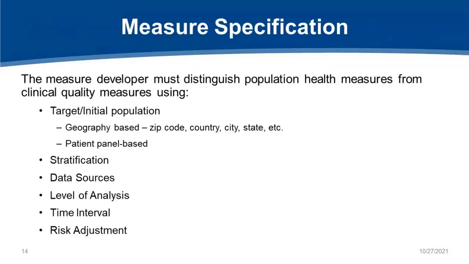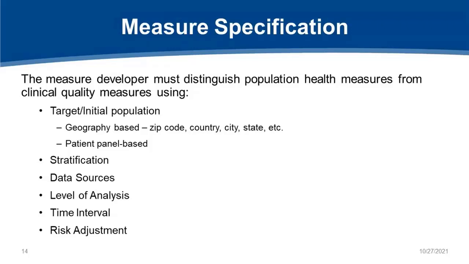So then if we move on from conceptualization and start thinking about the impacts on measure specification, the overall structure of population health measures is pretty much the same as for most clinical quality measures. But there are specific parts of the specification where you'll note some key differences. So obviously the target population is likely going to be much larger and more broadly defined than you see in a lot of quality measures. And in some cases, these might even be defined at the geographic level, although that's not a requirement for a measure to be considered a population health measure.